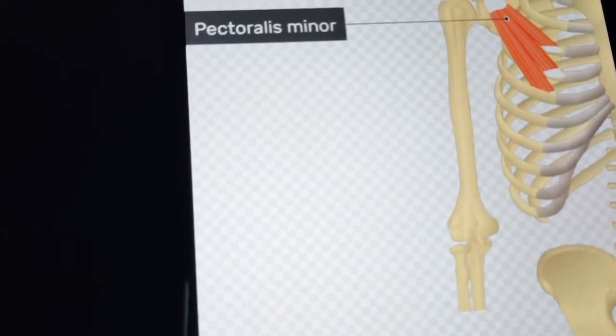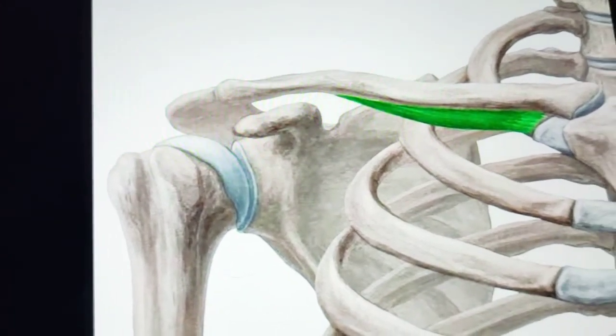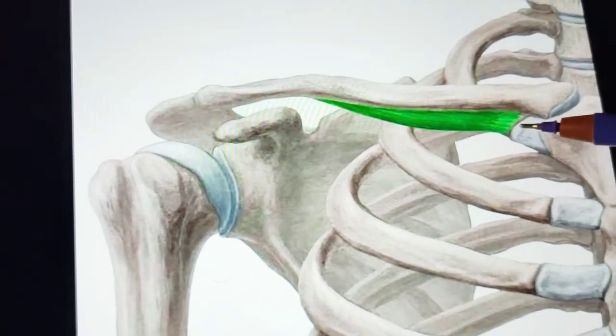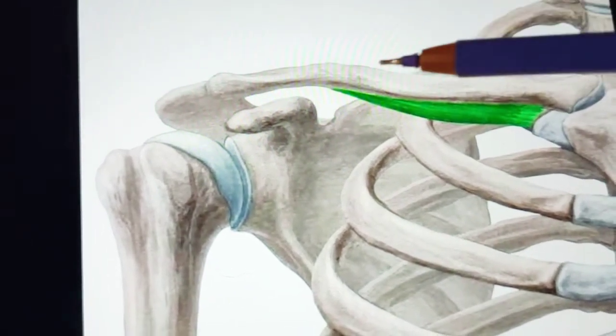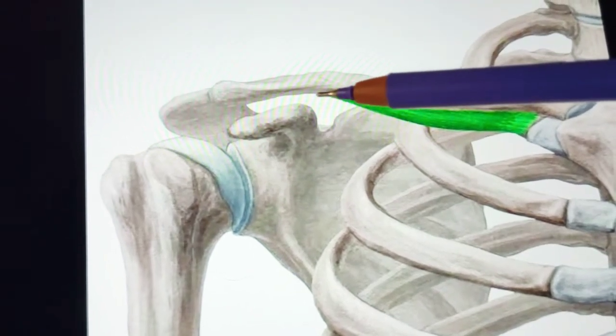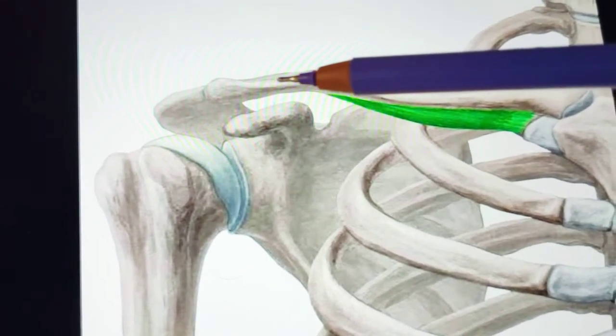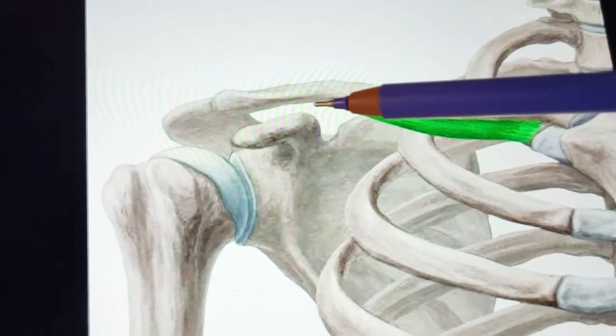Next we'll see about subclavius. If you see the subclavius muscle, its origin is from first rib, especially the costochondral junction. So first rib, costochondral junction, it's taking its origin. Inserted to the subclavian groove in the middle 1/3 of clavicle. Yeah, subclavian groove is on the inferior side, in the middle 1/3 of clavicle. So there it will get attached. So that's it about subclavius.